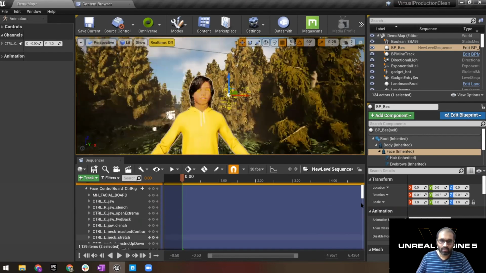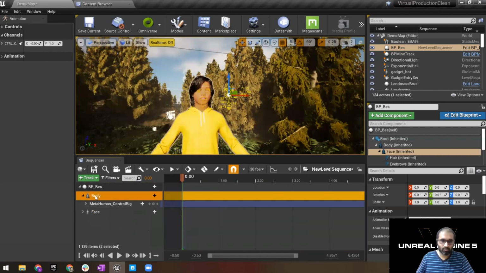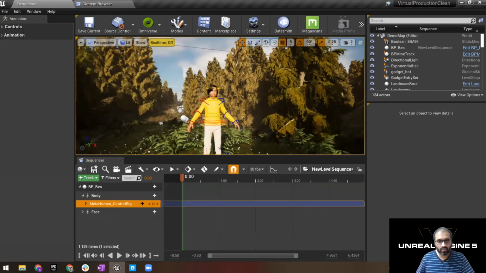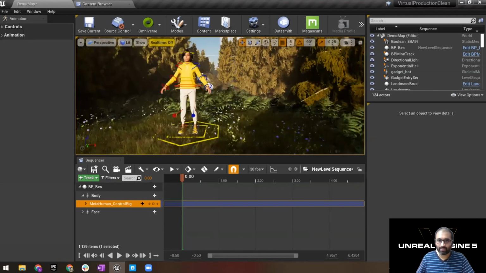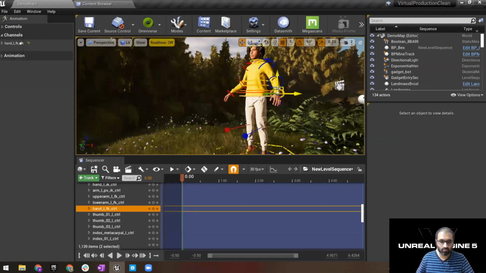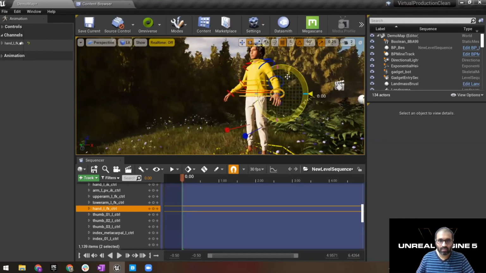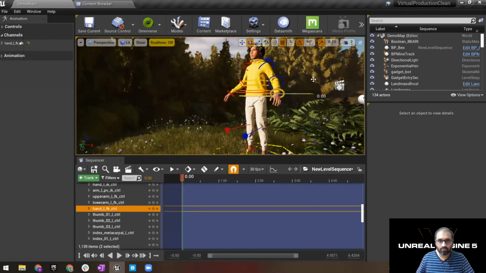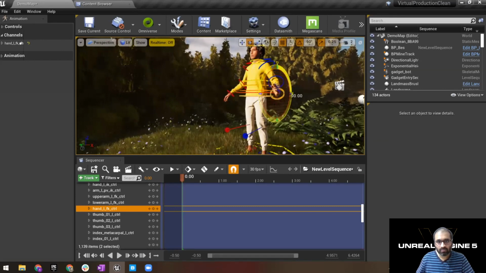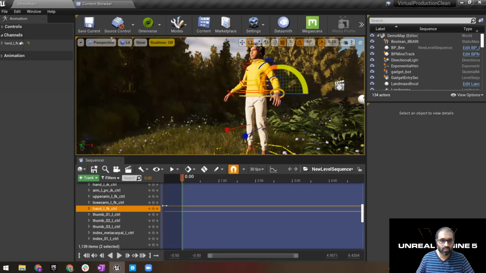At the same time, you also have the same thing with the body. If I select the body, you'll notice that this also has a control rig fully ready to be animated. So you can select that. Well, I probably need to rotate it rather than move it. So I can rotate that around for that, or if I want to really move it, I can also